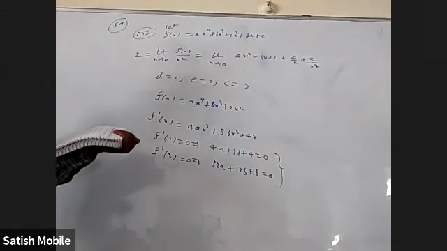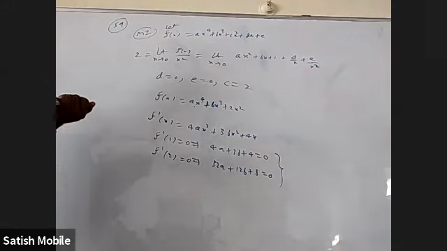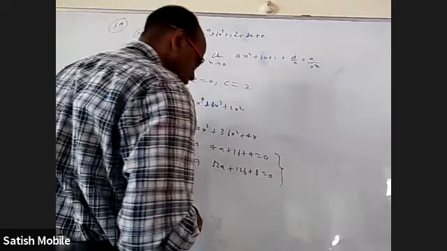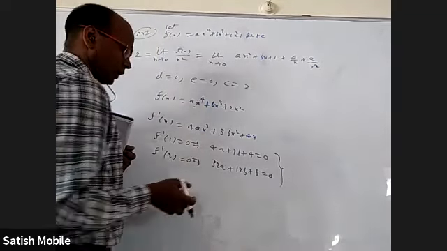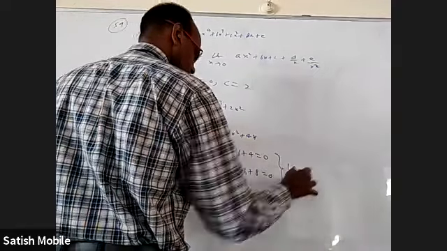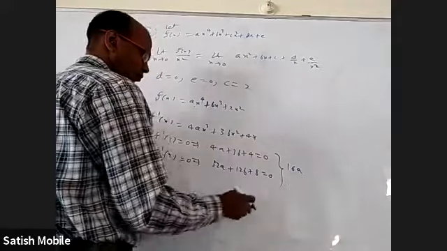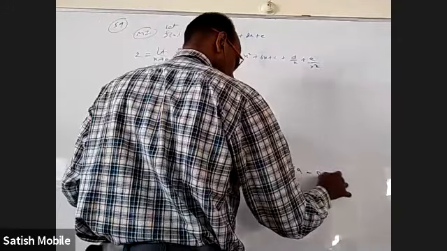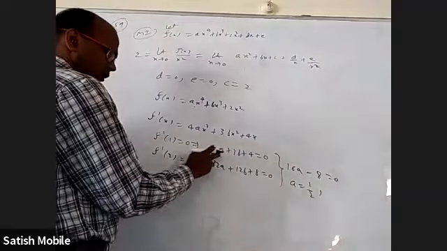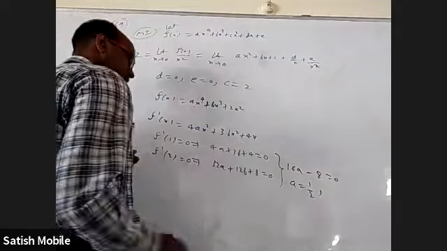Then they wanted f of 2. They gave 1 here, that 1 I brought here. They gave 1 plus f of x by x. Okay, so how to eliminate? Multiply with 4 and subtract 16a. Multiply with 4, this is gone. Multiply with 4, this is minus 8 equal to 0. So a is equal to 1 by 2. When I put a as 1 by 2 here, it will become 2. 2 plus 4 is 6, minus 6. B is minus 2.